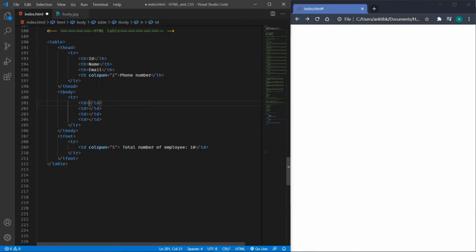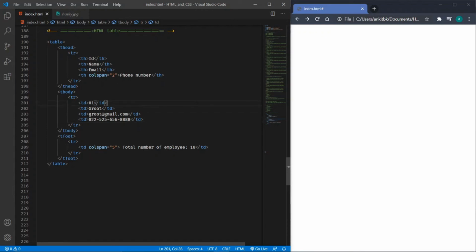So I am considering the company name as Avengers, and there are many different roles of Avengers we are having. So first one is the ID, second one would be the name, I would say my favorite one, that is Groot. Email ID is groot@gmail.com, and the number is 022 525 656 and 8888.